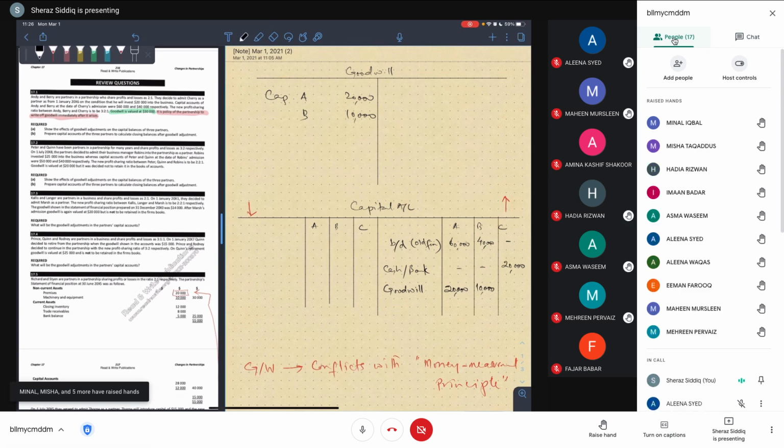Goodwill is a gain for the old firm's owners. C will not be involved in this entry because C was not a part of the old firm. The gain from goodwill belongs only to the old firm's owners, and only the old firm's owners can enjoy it, right? Okay. I believe all hands raised.